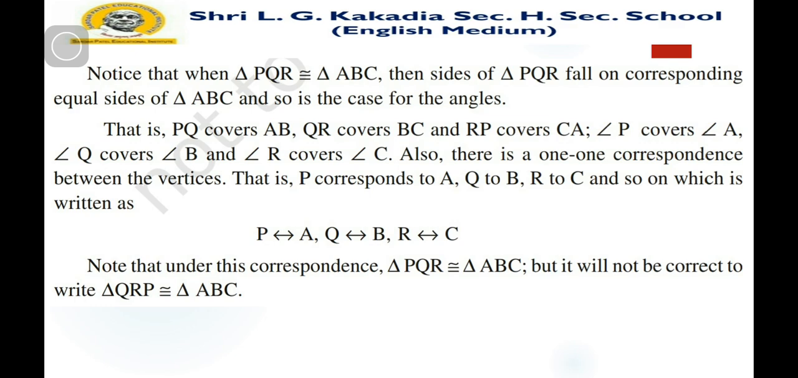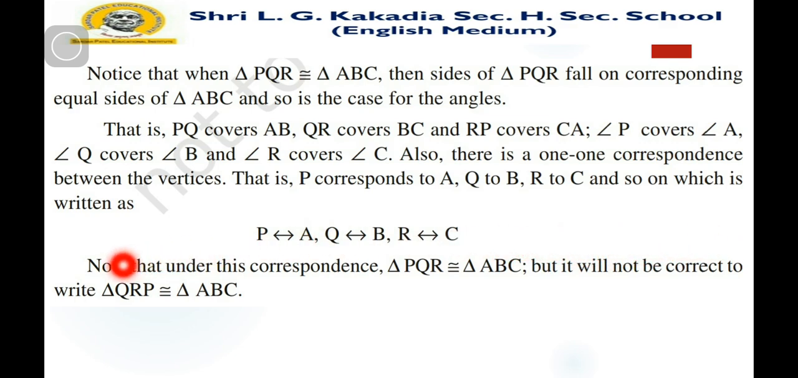Also there is a correspondence between the vertices, that is P corresponds to A, Q corresponds to B, and R corresponds to C. By this way we can write P is equal to A, that is P corresponds to A, Q is equal to B, that is Q corresponds to B, and R is equal to C, that is R corresponds to C. Note that under this correspondence, triangle PQR is congruent to triangle ABC,